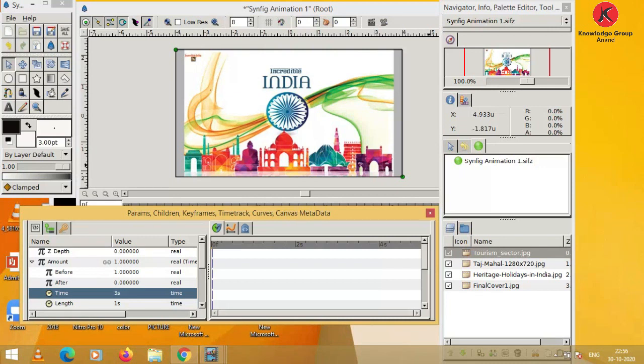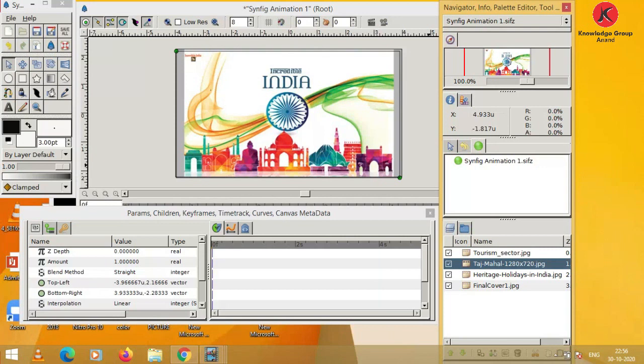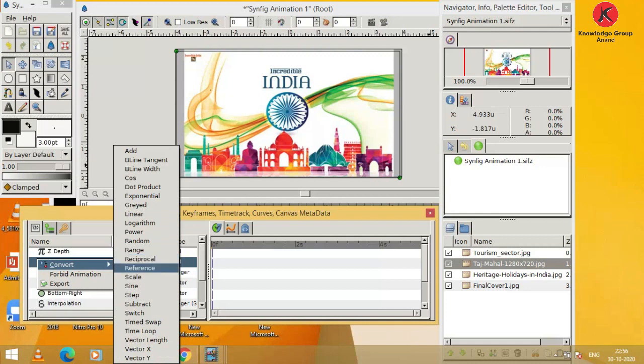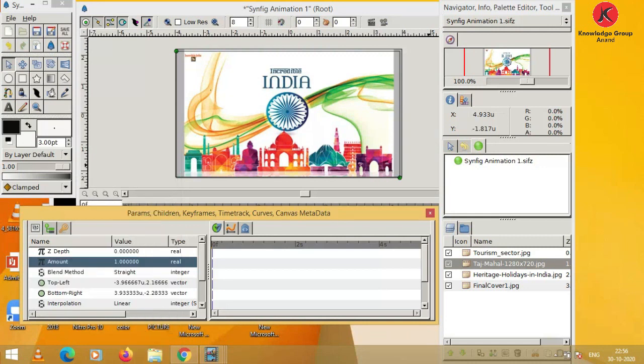Now choose the second layer from the layer window. Once again set the parameters for the second layer. Choose the amount parameter, right click on it, choose convert and select time swap.